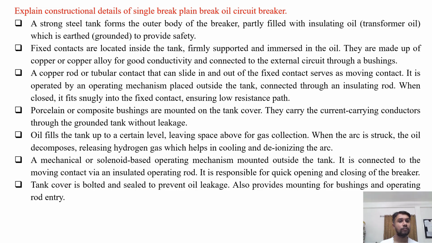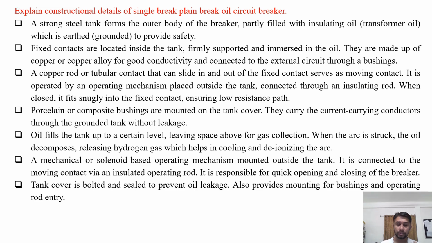They are made up of copper or copper alloy for good conductivity and connected to the external circuit through bushings available on the outer body of the top cover of the outer body. A copper rod or a tubular contact that can slide in and out of the fixed contact serves as the moving contact. It is operated by an operating mechanism placed outside the tank, connected through an insulating rod. When closed, it fits snugly into the fixed contacts, ensuring a low resistance path and hence the current can easily flow